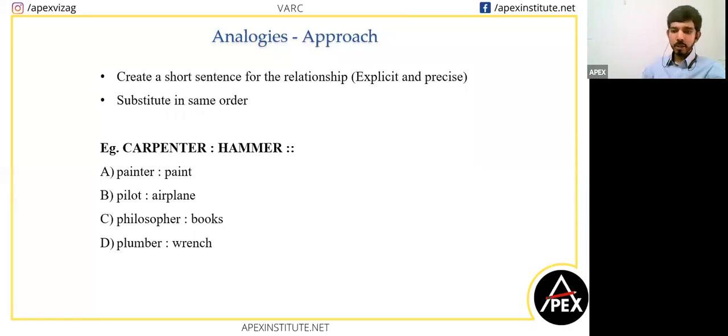Now in all my slides today, I want you all to tell me first if any word is not understood. If any of you find a word difficult, you don't know what it means, then let's try and learn a few new words. And along with that, we can figure out the answer to your question. Okay. Secondly, along with the option that you're telling, you can also start writing down why you have reached that option. So you can tell me what relationship you have thought about between these two words.